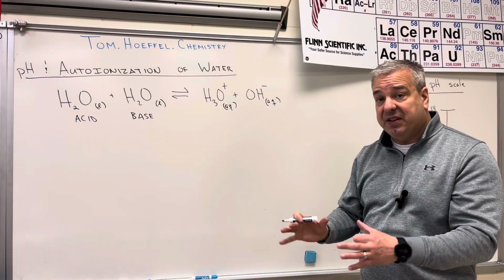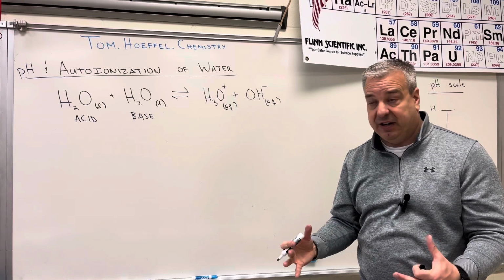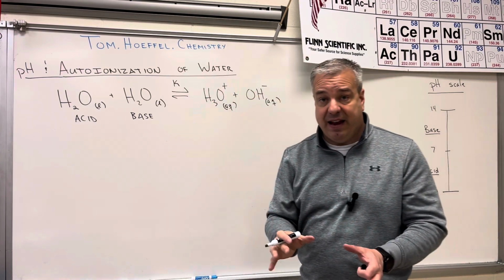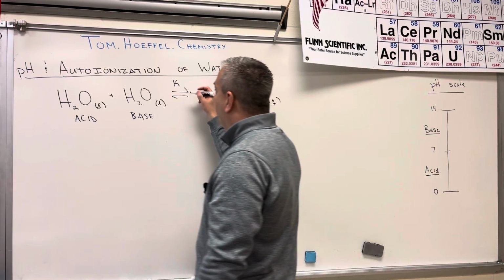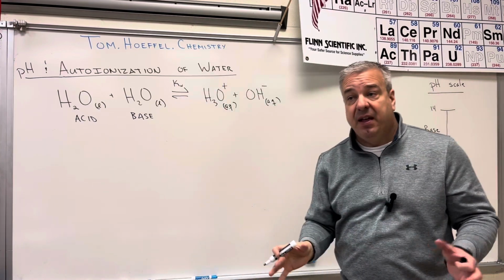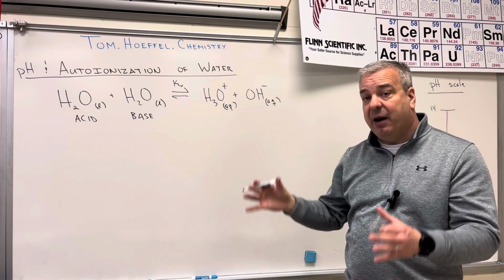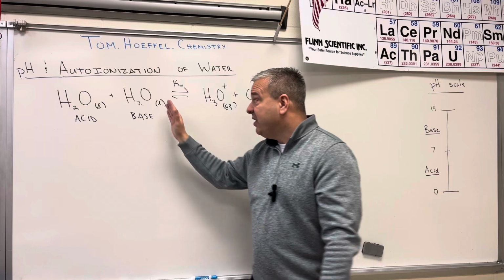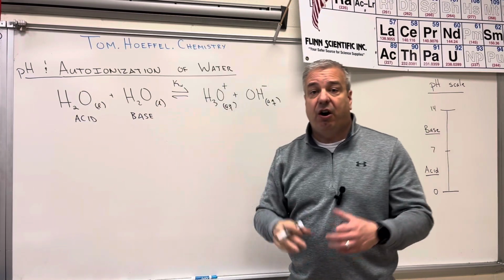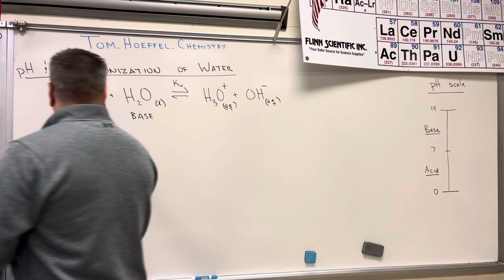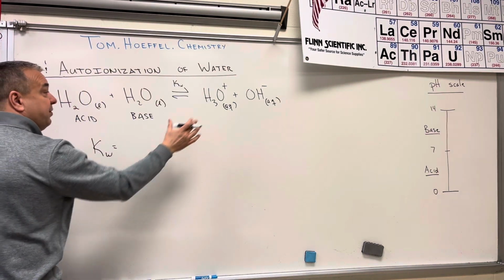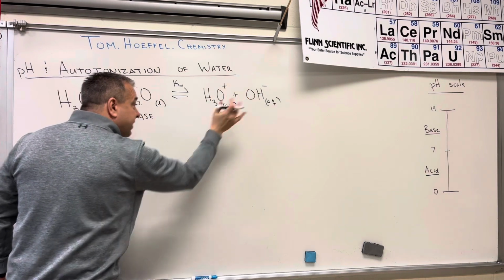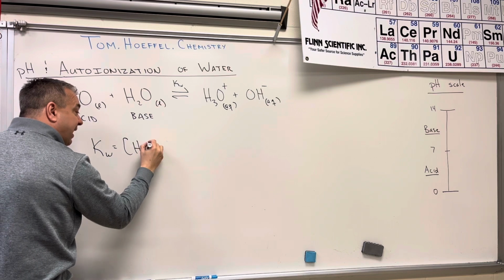What we're going to do with this ends up being incredibly important in chemistry. We're going to write down the expression for the K value. Since this is water, we're going to call this Kw. When we do the equilibrium expression, I want to remind you, we never include pure liquids or pure solids. So neither of these water molecules shows up in our expression. Our expression for Kw becomes products over reactants, but since these are pure substances, they're not included. So really, it's just the product of hydronium ions